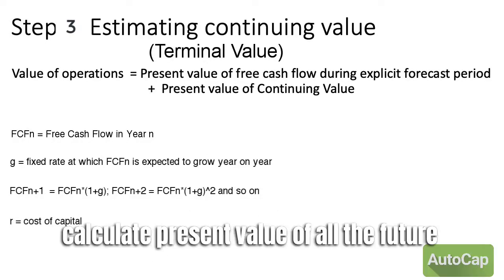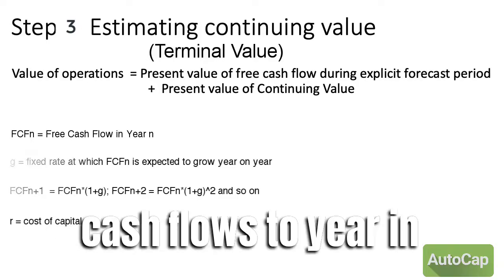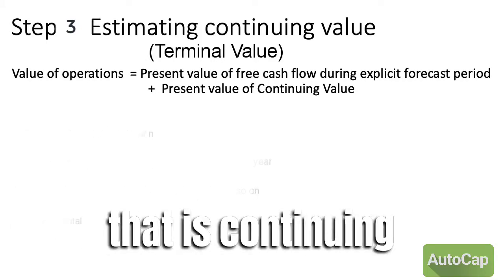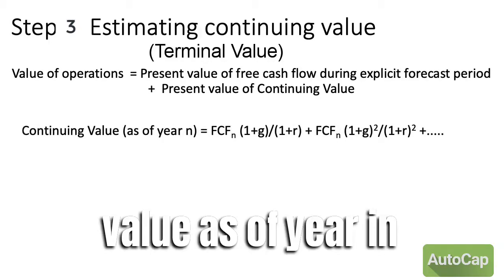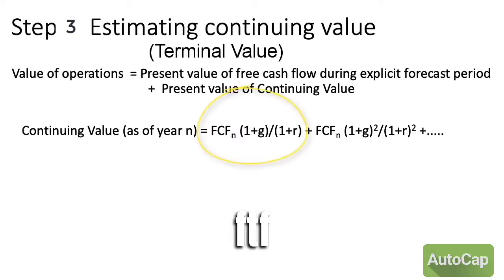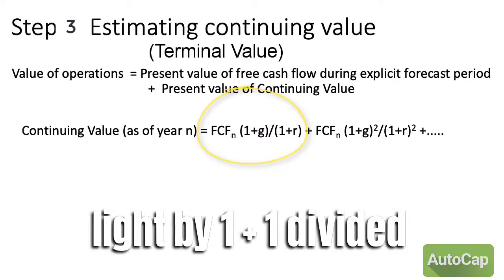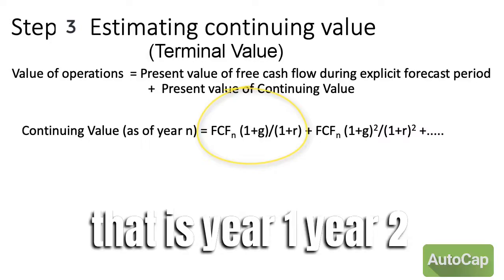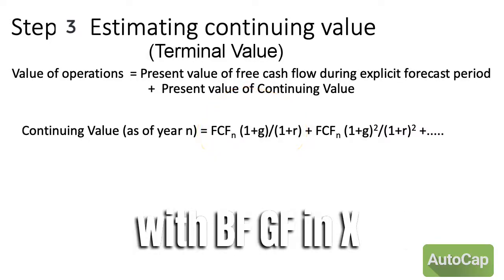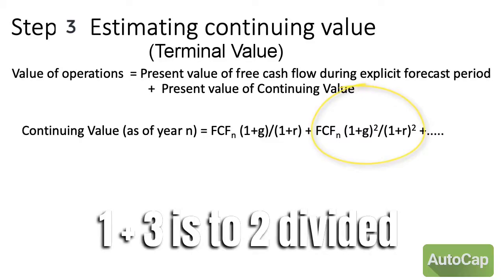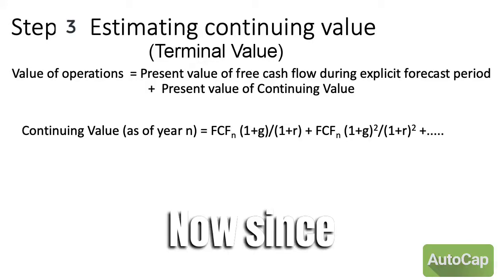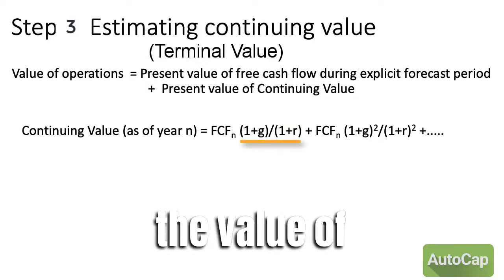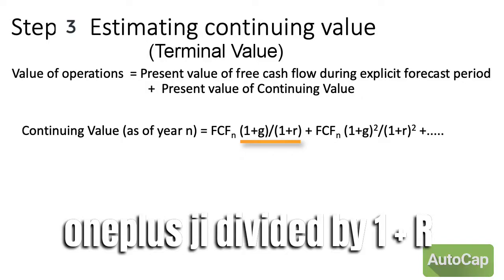So if you were to calculate the present value of all these future cash flows to year n, that is the continuing value as of year n, it would be FCFn multiplied by (1 plus g) divided by (1 plus r), that is year 1. Year 2 would be FCFn multiplied by (1 plus g) raised to 2 divided by (1 plus r) raised to 2, and so on. Now since g is usually less than r, the value of (1 plus g) divided by